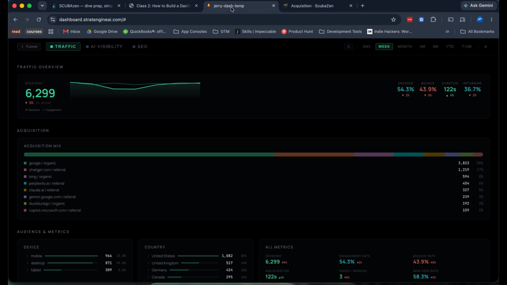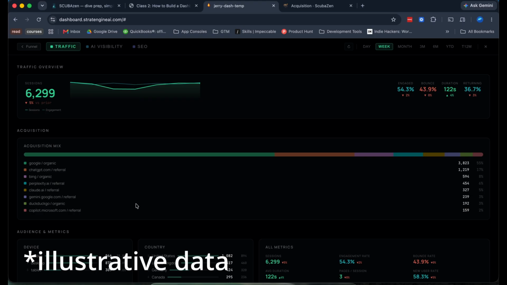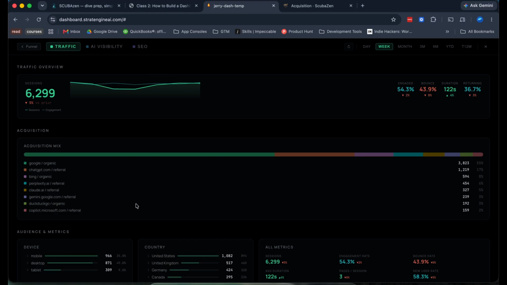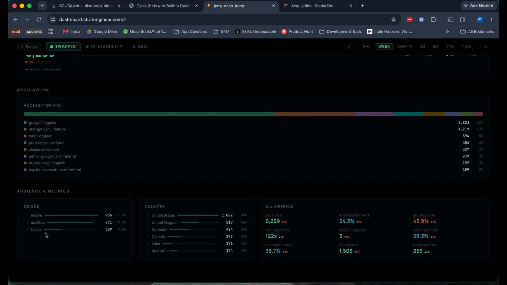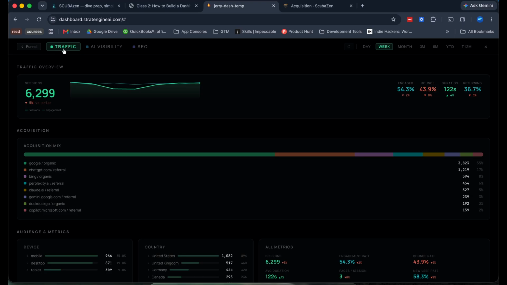So what it'll show you is the actual dashboard that I use, which again uses a different theme. Mine is a robot space theme, so it looks completely different. But the surface that I ended up with is tracking my sessions, the acquisition mix, where everything is coming from, so how people are getting to my website. This is for Strat Engine, by the way, so it has different data. Then I have device, what device is actually logging in, countries, and all of these traffic metrics. And so this entire tab is just the traffic tab. So this tells me what's moving through my website.